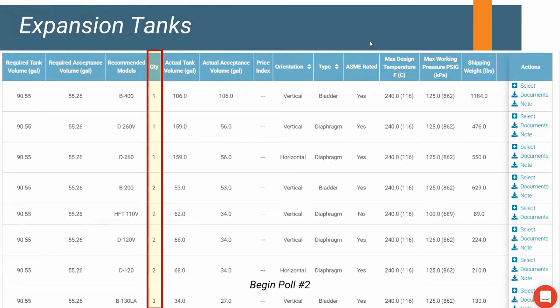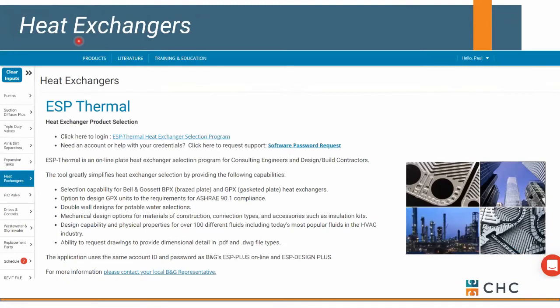So my next little poll is regarding heat transfer, and that's my next little section here on Systemwize. There's a tab or a menu for heat exchanger selection. This is the same software that we use internally as far as a rep goes. It does require a separate password, so this can create some confusion. But if you select on this selection program, it's going to prompt you for some user information